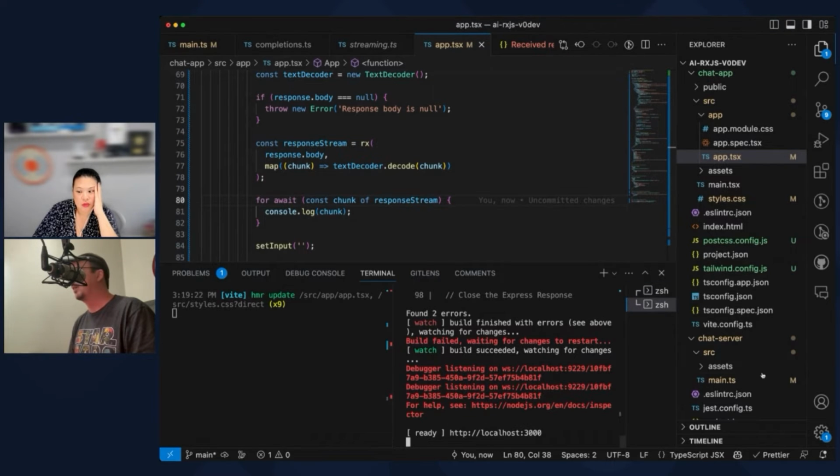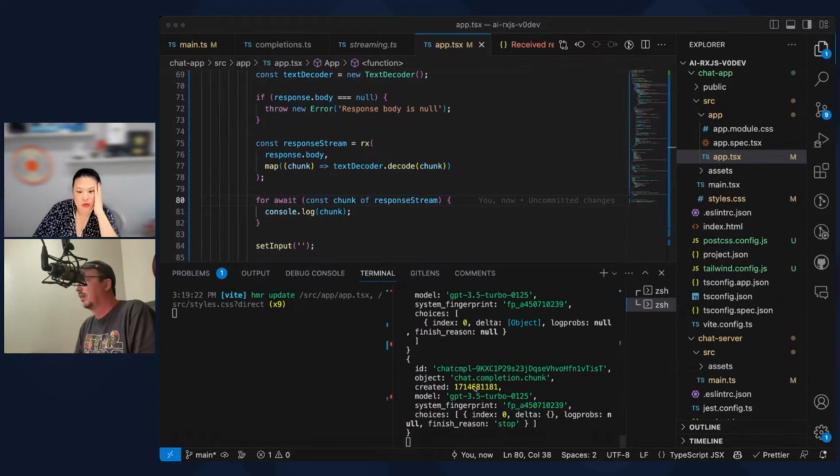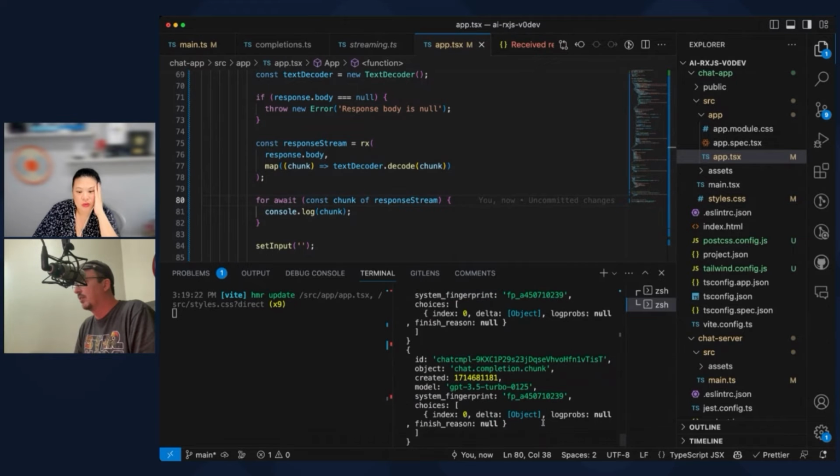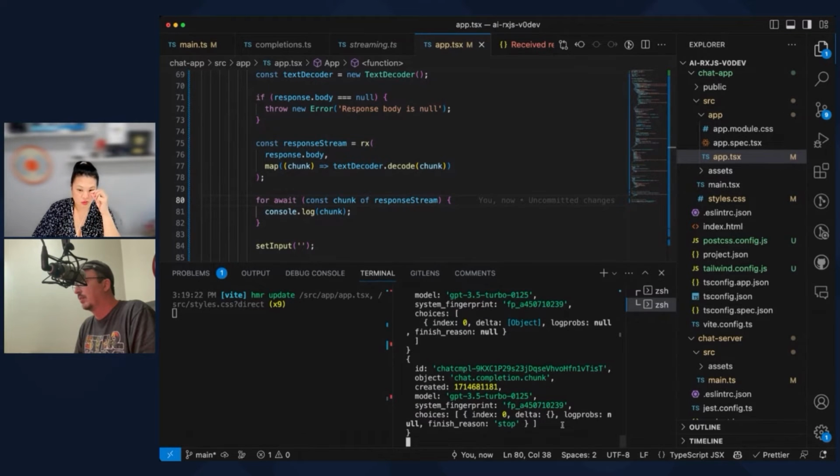We'll see what happens in this window if I type hi there. All right, so we're getting a bunch of objects. It has choices and whatever, finish reason stop, finish reason null. Delta is their objects. All right, so this looks promising, and I got some stuff in the client.